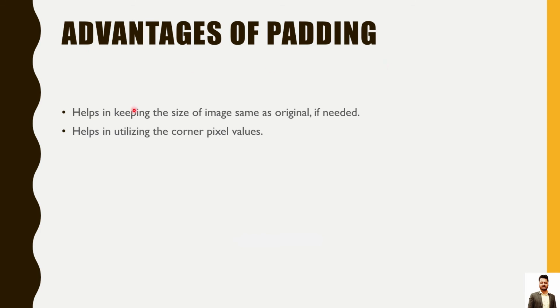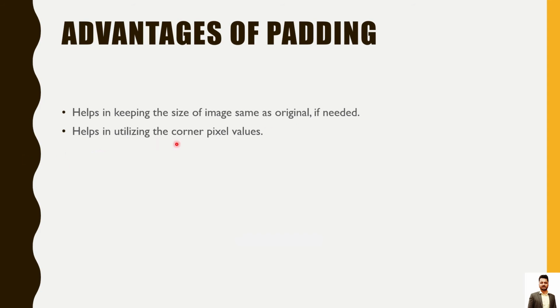So what are the advantages of padding? It helps in keeping the size of the image the same as the original if needed. Now there are two types of convolution, valid convolution and same convolution. If you do not want to reduce the size of an image, you might want to use padding so that your size remains fine, and after applying the filter, your size is not dropping. Maybe if you apply a 28 cross 28 image and a filter of 3 cross 3, you will get a size of 26 cross 26, if you can imagine. So that drop of 2 points, if you do not want that, you want to use padding for it.